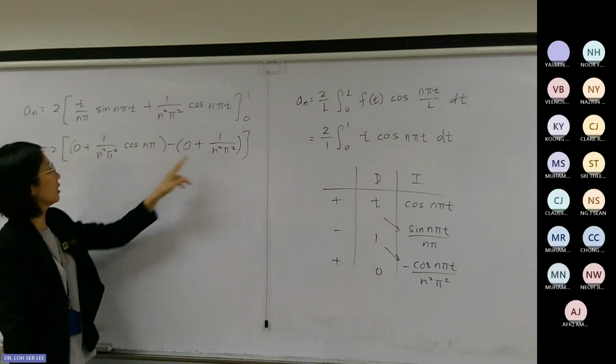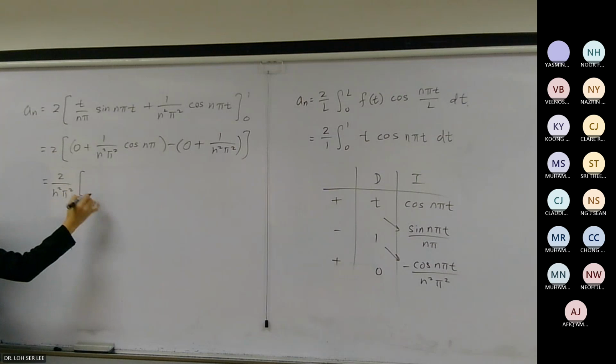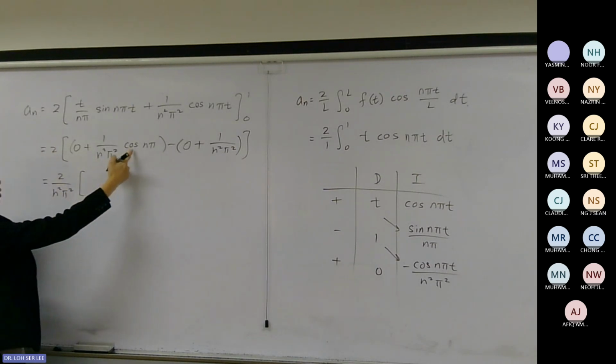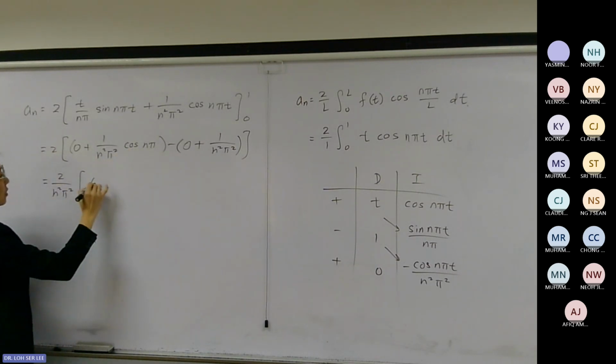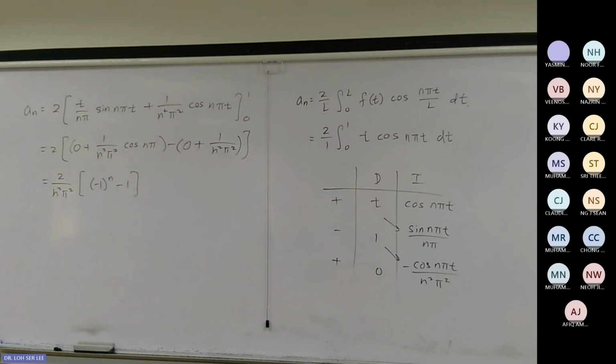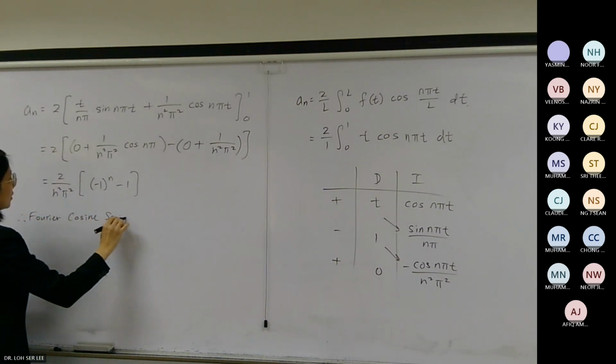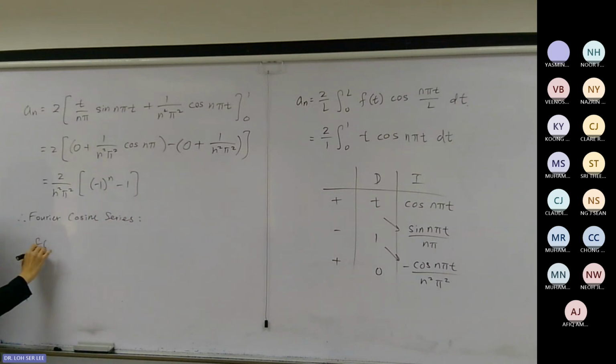From these two terms, you can factorize the 1 over n squared pi squared. Then you have cos n pi minus 1. Cos n pi is this 1 minus 1. Okay, so this is your an. So the Fourier cosine series is